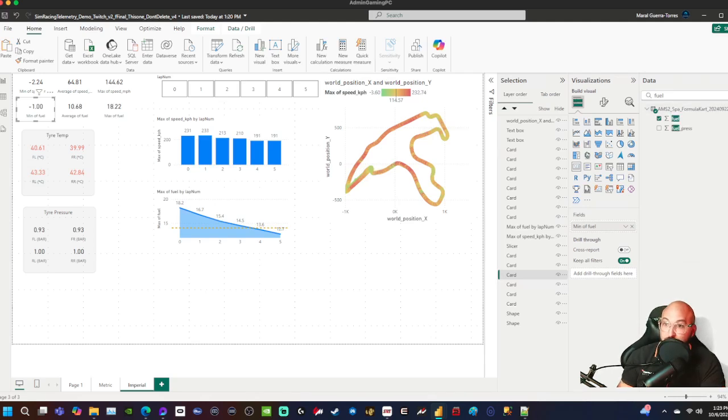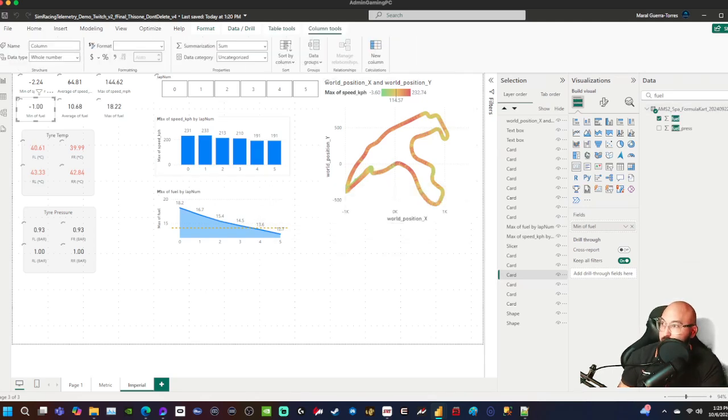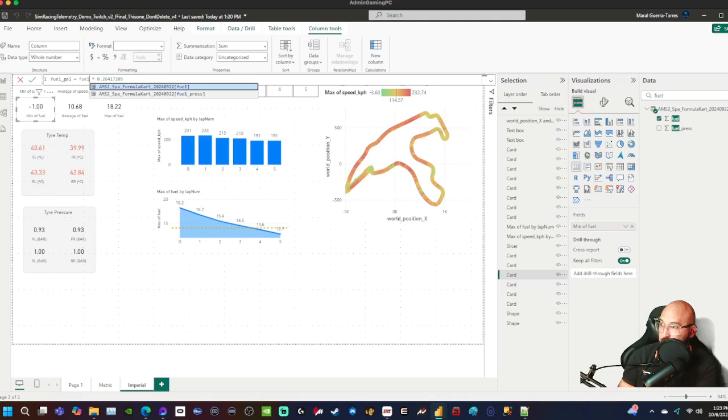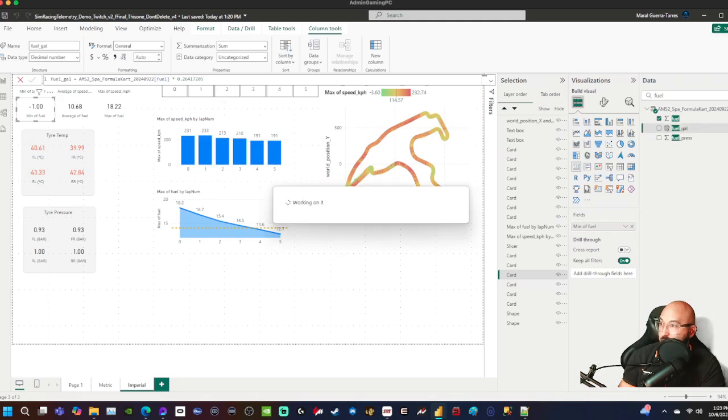Okay, right click, new column, and I'm just going to name it on the far left here. I'm going to say fuel_gal for gallons equals whatever the fuel is times 0.264. Again, I'm not going to memorize that. I'm going to write out fuel again, click tab, and now the fuel column came through. And there we are. Now I have the fuel in gallons, and I can just pop it right over this,